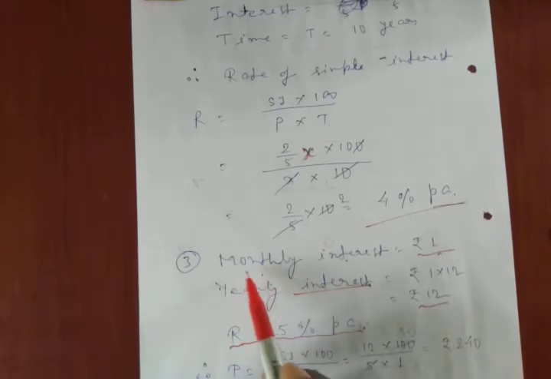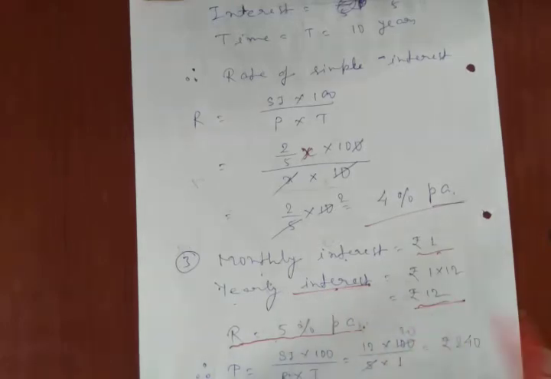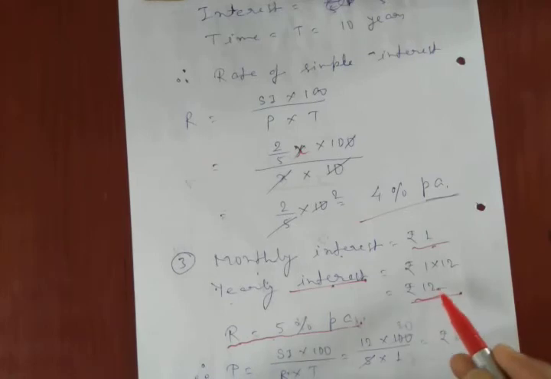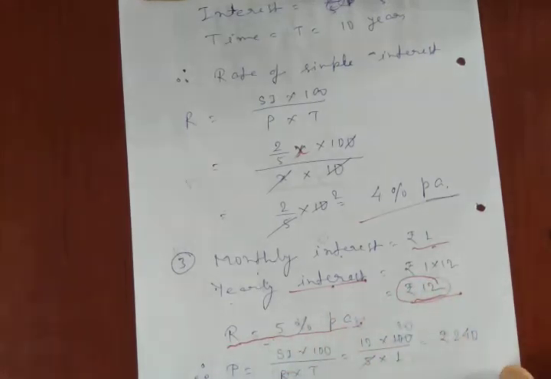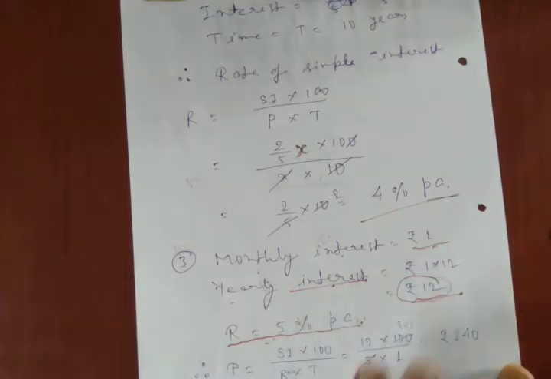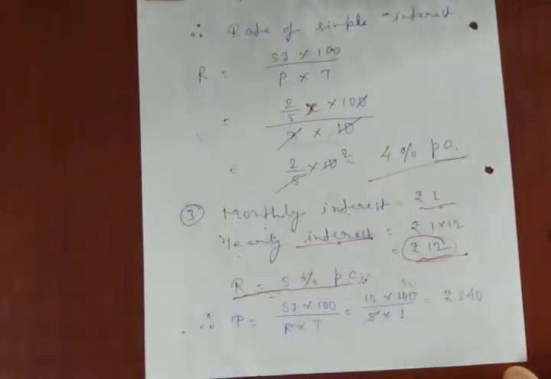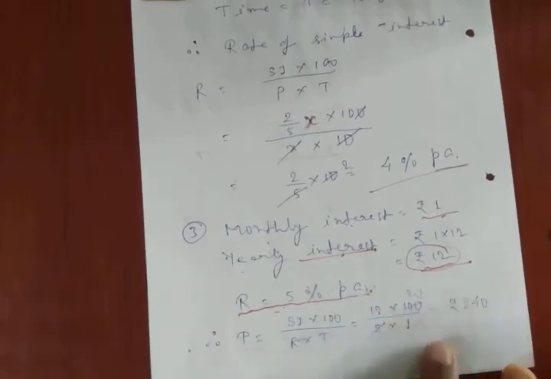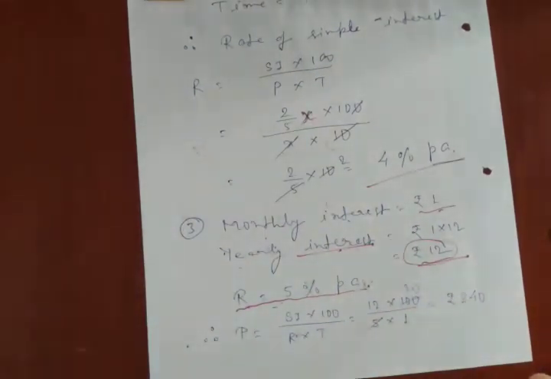Because we are given the monthly interest rupees 1, I converted it into yearly interest. This is 12 rupees because the rate is given 5% per annum, that is why these two must be the same. You can say that the time period for both must be equal, and if they are not equal then your answer will be wrong. So then P equal to SI into 100 by R into T, then after solving and putting the values, the answer is 240 rupees. And the next is question number 4.